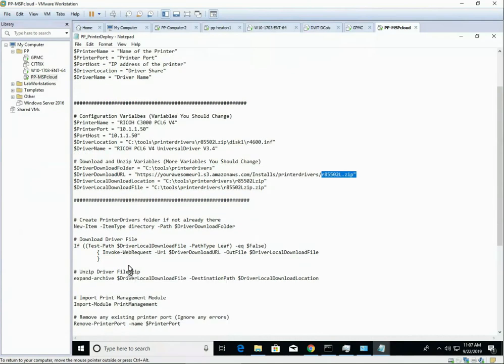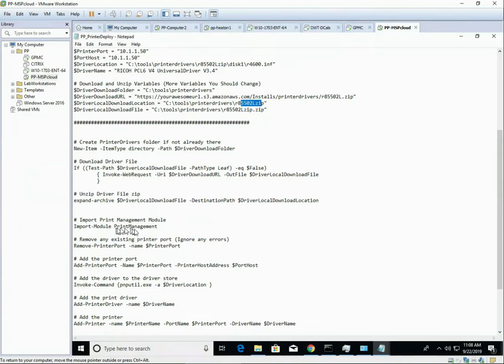So let's go ahead and step through this just really quick, just so we have an idea of what's happening. The first thing we're doing is creating the folder, which is this variable here. We're going to create the printer drivers folder. Then we're going to reach out and download that printer driver from some location that we'll talk about in a moment. It's going to test to see if it's already there, and if it's not there, then it's going to download it. Then we're going to unzip the driver to the location that we've defined, and then it goes through, imports